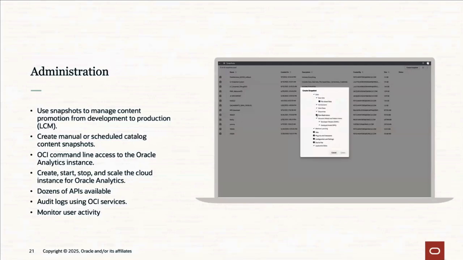It's going to be able to be analyzed with logs, so you have your audit logs, all of which can be queried from your console if you choose to. And all of your user activity in OAC is going to be logged and trackable as a result. So all of the pieces are there for you to create an extremely secure environment.